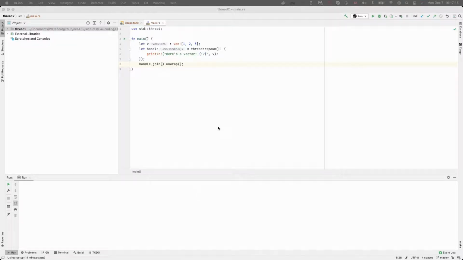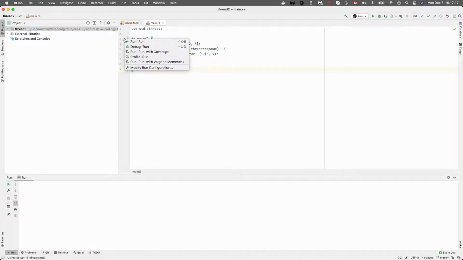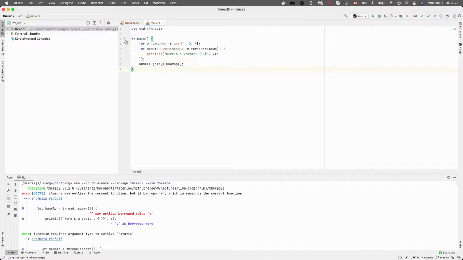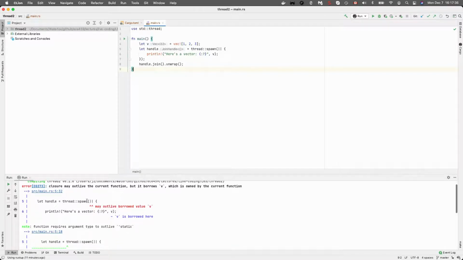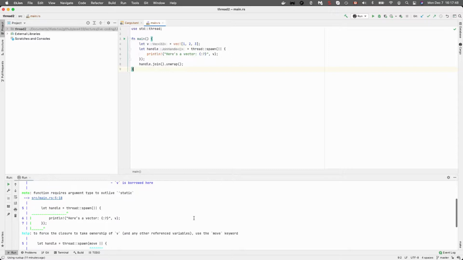And if I try to actually run this code, we'll see what actually happens here. And we get an error that says closure may outlive the current function, but it borrows v, which is owned by the current function. And so the compiler, in its helpful way, says this is where the closure is created that may outlive the value v. V is borrowed because it detects that inside that closure, v is used in some way. And the function requires the argument to outlive